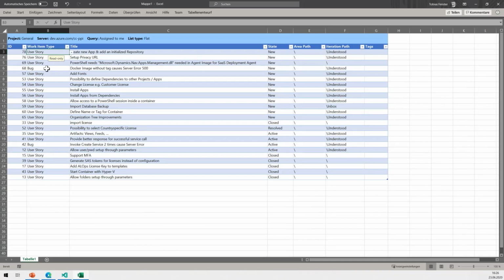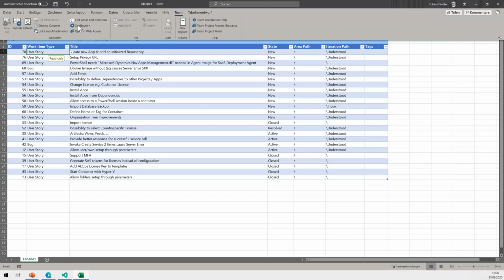So you can see a couple of user stories, a couple of bugs, the titles, the state, area path, iteration path, and so on. If you want to change the columns that are included here, you can also do that using setup. And if I go back to Teams, that would be here, choose columns. You can also edit the areas and iterations that you want to show. And interestingly enough, you can also publish, and we will do that in a minute to show you that we can also write data. And if you share this with someone else, or you open the same Excel file tomorrow and you know that your work items have changed, you just need to click on refresh. So somewhat similar to the Excel integration that you know from Business Central.